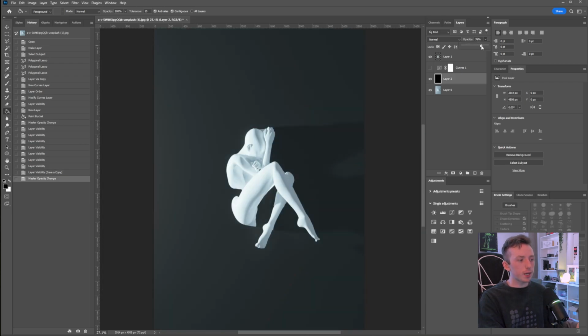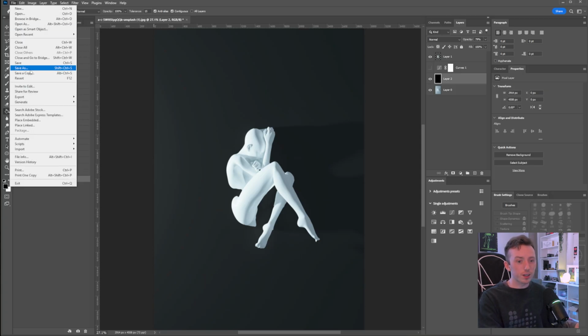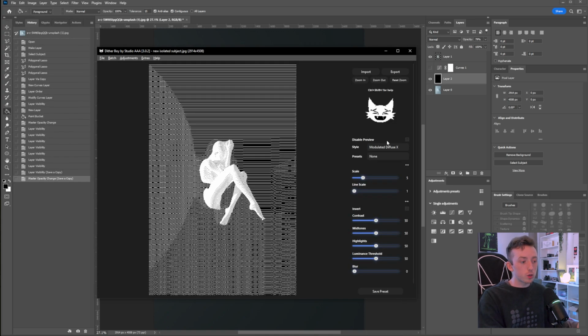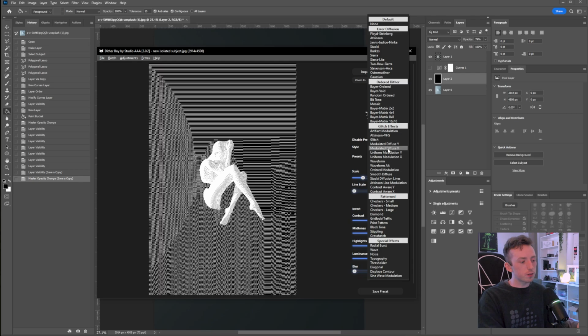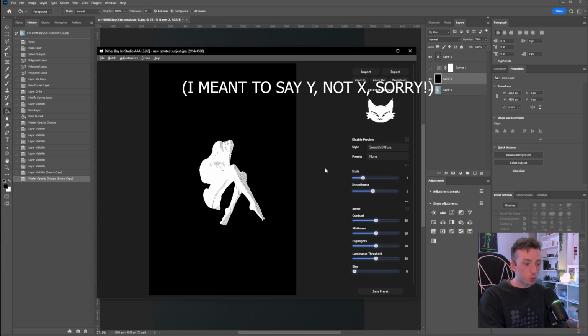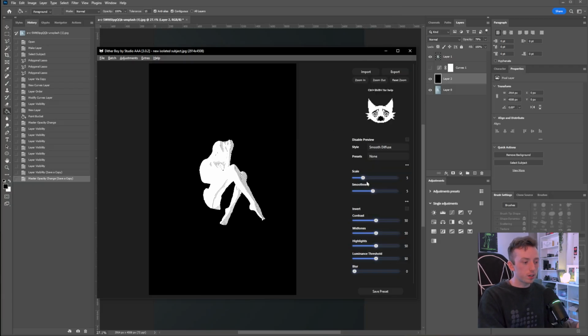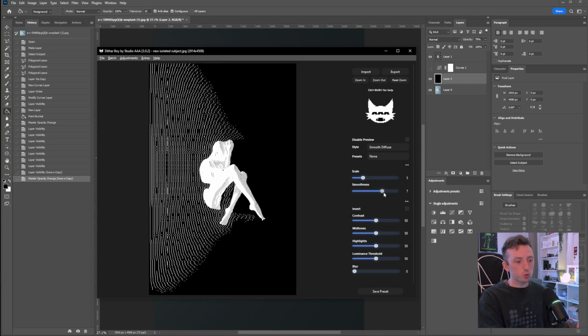I'm just going to go back in and I'm going to up the opacity of this black fill layer to 79. And I'm just going to save that again, just because I want a bit more difference in the background versus the subject. So with the updated one, the effect I showed you at the beginning used this algorithm, modulated diffuse X. You can go for uniform modulation X or like smooth diffuse, for example, or like a number of these glitch effects if you wanted. Smooth diffuse might be cool to try in this one, so I might try a few